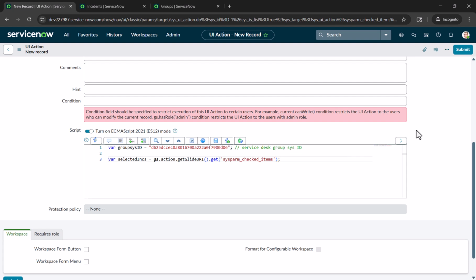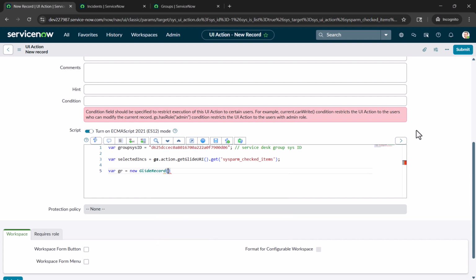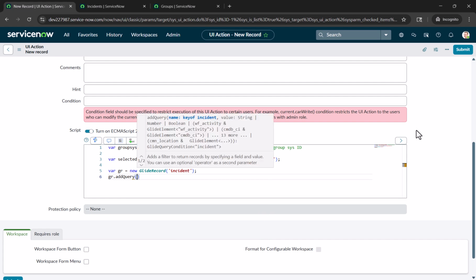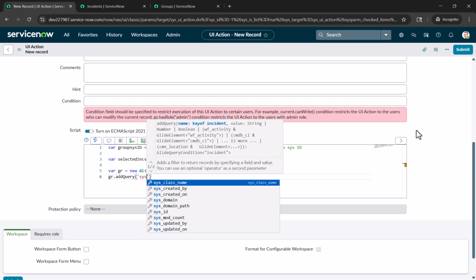So by writing this, we'll get all the selected incident sys IDs. Okay, and after that, what needs to be done? We have to just query the incident table. So that is where gr equal to new GlideRecord, query the incident table, and then put the filter gr.addQuery, put the sys_id,